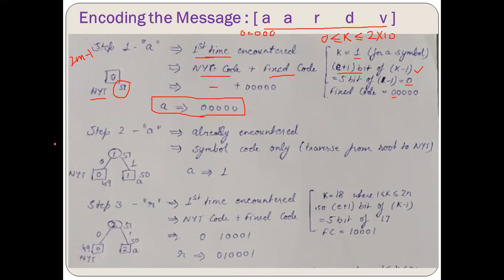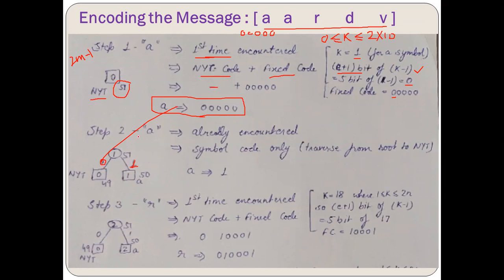Now, moving to the second step, I'm going to update the tree. How is the tree updated? A is already added. You can see that this was 51, encountered for the first time. In the updation of the tree, we say that this particular node will give birth to NYT and the symbol node. So there is A, 50, and this is 51, 0 plus 1, sorry, 0 plus 1, 1. And this is 0 now, and this is 1, right? We all know the properties of the tree, how you define 0 and 1.